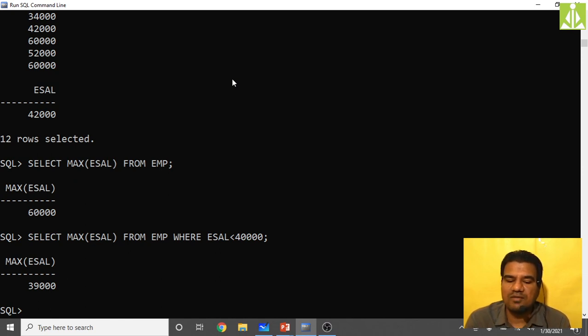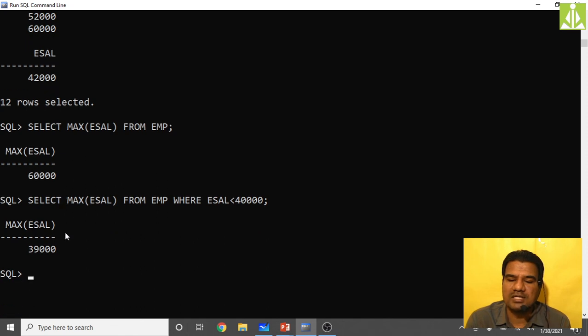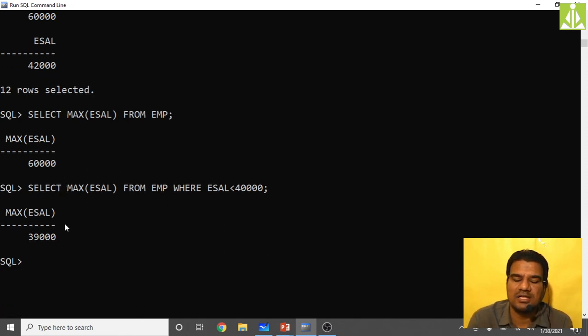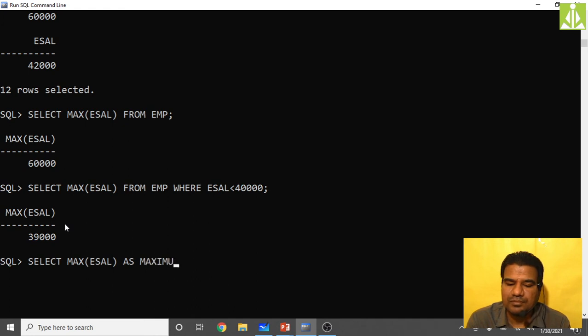Now give a suitable name. Max ESAL it is giving, so give the name maximum employee salary. So select max of ESAL as maximum underscore employee underscore salary from employee table where employee salary is lesser than 40,000.